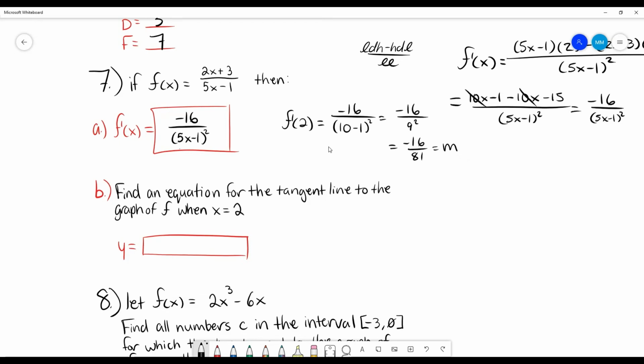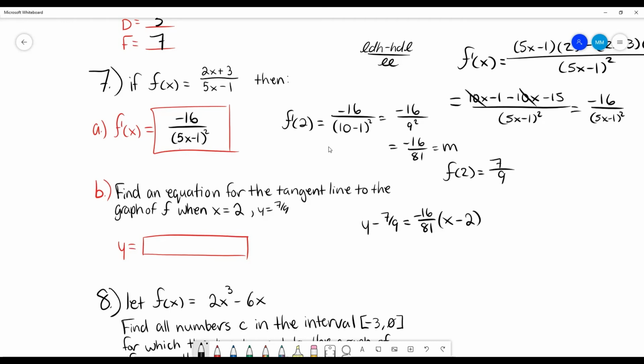Okay. I'm going to go ahead and solve for what our y value is when x equals 2 for our actual function. Just because personally I like to put it in point slope form to start. So, and we'll need this anyway. So f of 2 is going to be 2 times 2, which is 4, plus 3 is 7. And then 2 times 5 is 10, minus 1 is 9. So when x equals 2, y equals 7/9. So I could then write it in point slope form, y minus 7/9 equals our slope, right here, times x